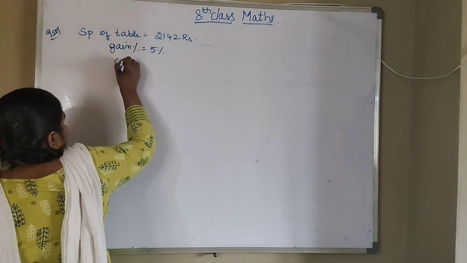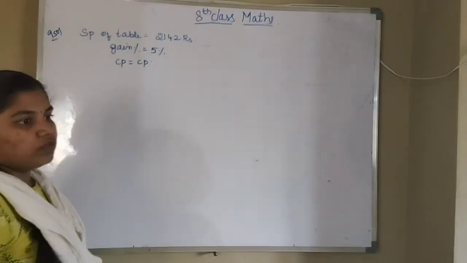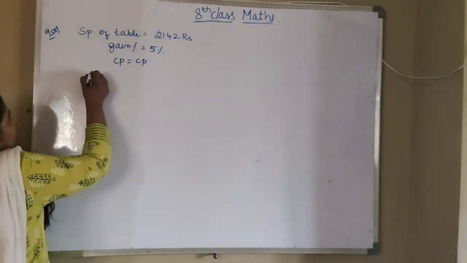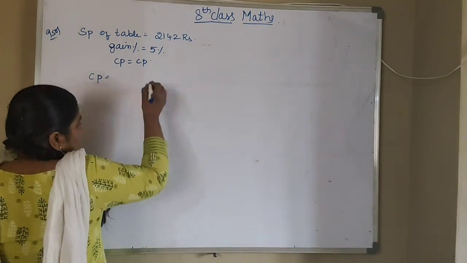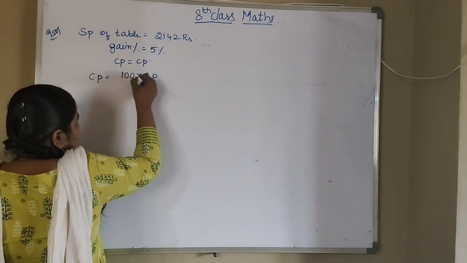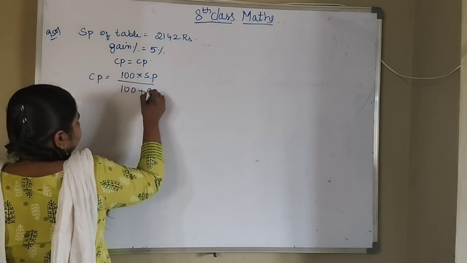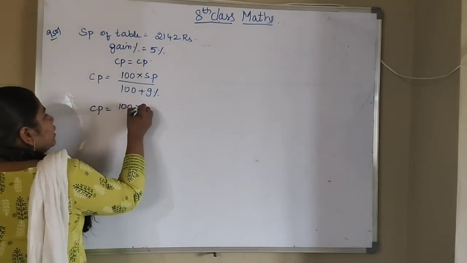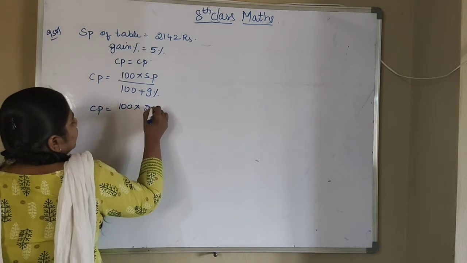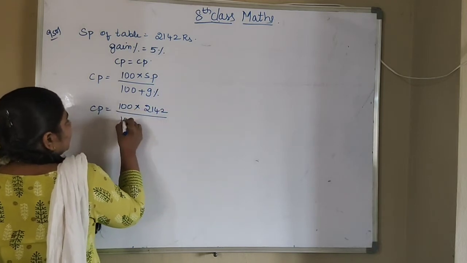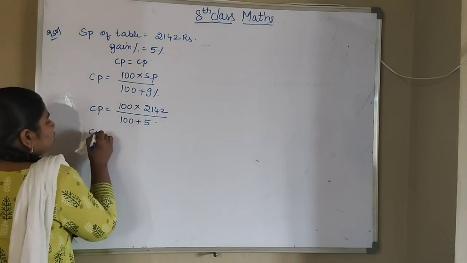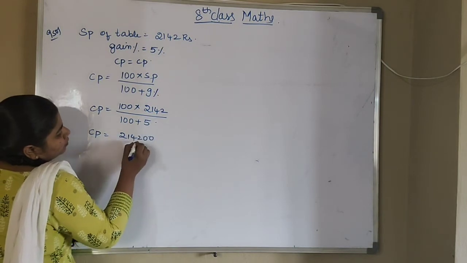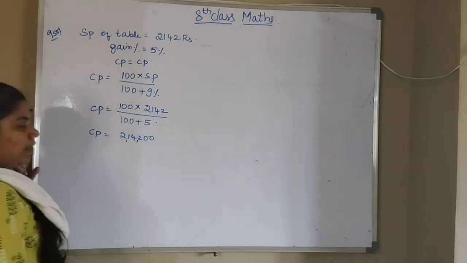Now what we have to find? CP value we have to find. So what is the formula? Which formula we have to use? CP in terms of gain formula we have to use. That is CP is equals to 100 into SP by 100 plus gain percentage. Okay. Now CP is equals to 100 into, what is the SP value? 2142 by 100 plus 5. So CP is equals to, multiply these two, that will be 214200. 2,14,200 by